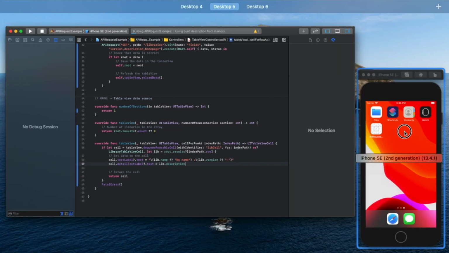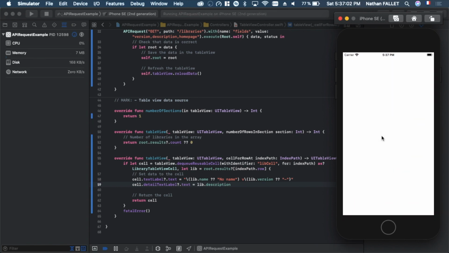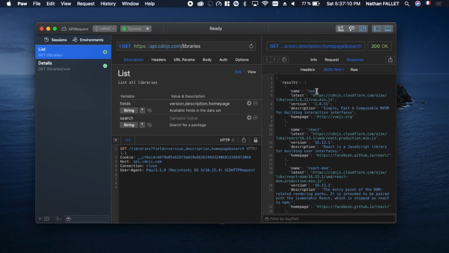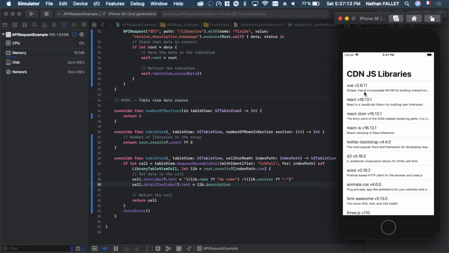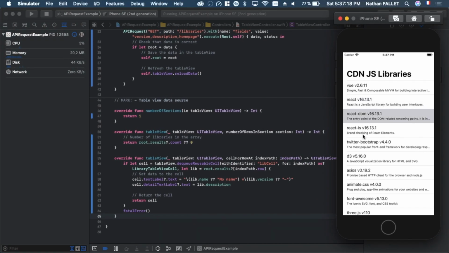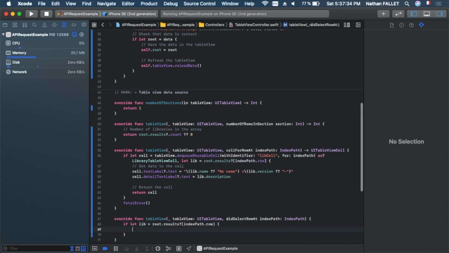And so now we can check the data is loading from the API and will be displayed in the cells. We have the name, Vue, the version, and the description coming from the API. So now, when we click on a cell, for now nothing is happening. What we can do is override didSelectRowAt. Keep this because this is the same, if lib for row,